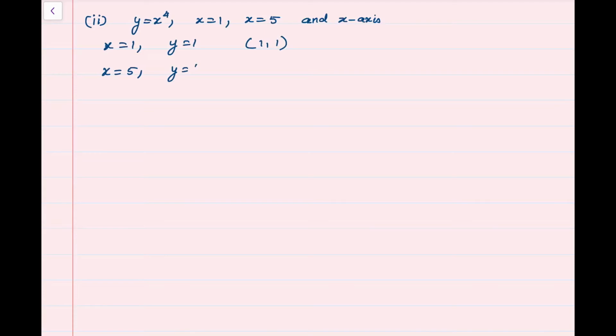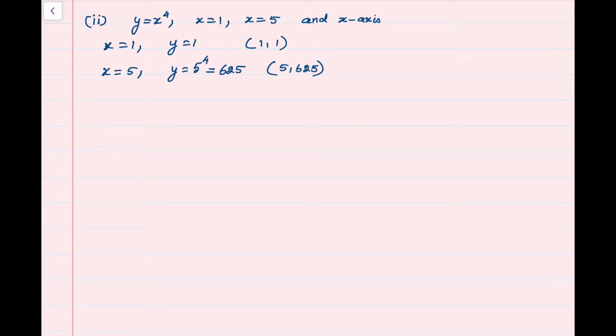Now the second subdivision. Find the area under the given curve and the given lines. Y equal to x power 4, x equal to 1, x equal to 5 and x axis. Y equal to x power 4 is also a parabola. Let us solve the equations. If x is 1, y is 1. So the point is 1, 1. If x is 5, y is 5 power 4. 5 power 4 is 625. Therefore, the point of intersection is 5,